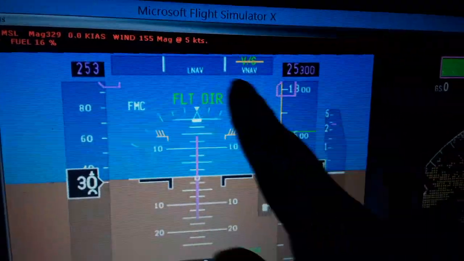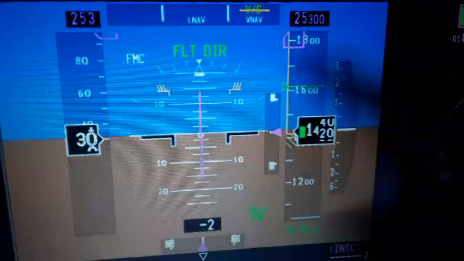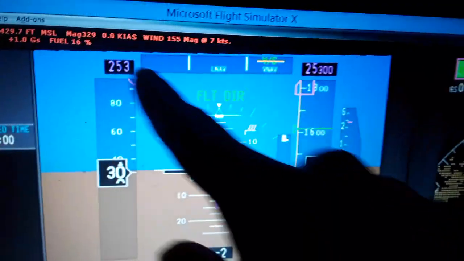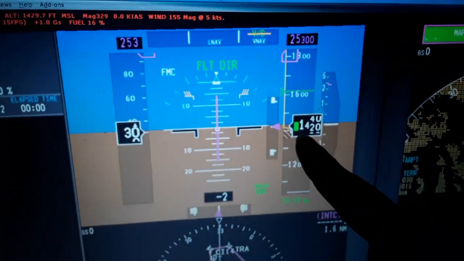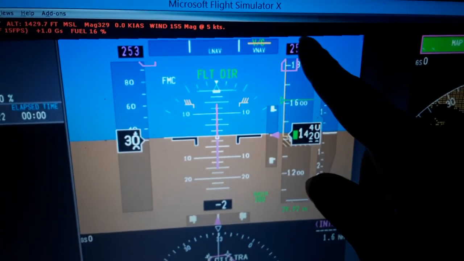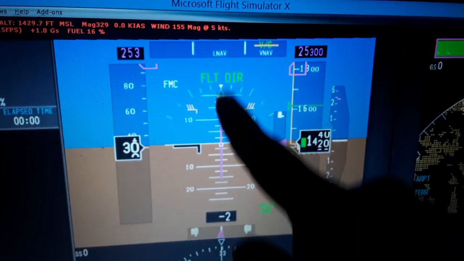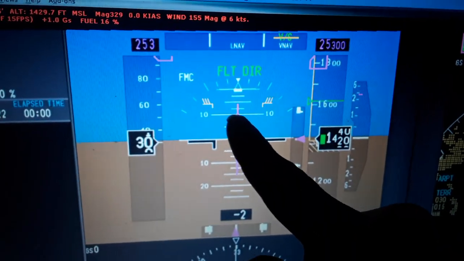Target airspeed, target altitude, NAV and VNAV, vertical speed, flight director. You can see the airspeed indicator is selected from the autopilot flight director, the barometric altitude above sea level, target altitude, the pitch ladder degrees: 2.5, 5, 7.5, 10 degrees,